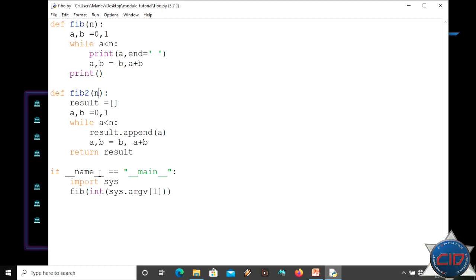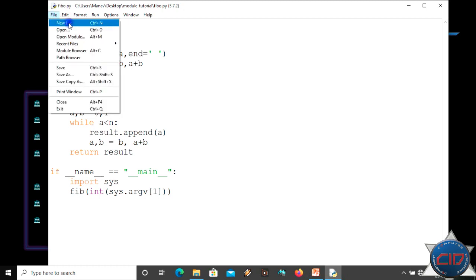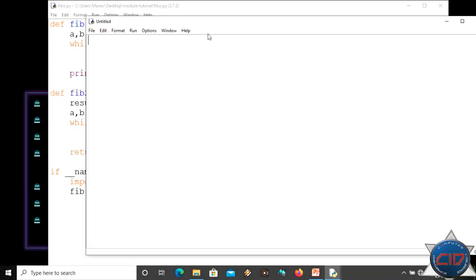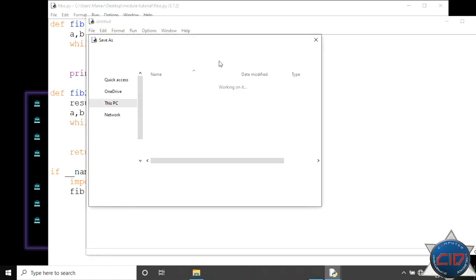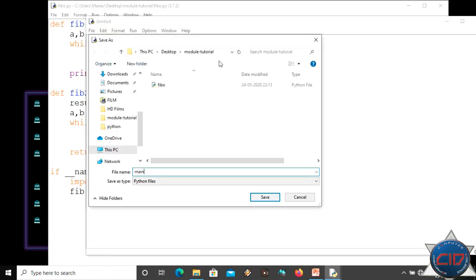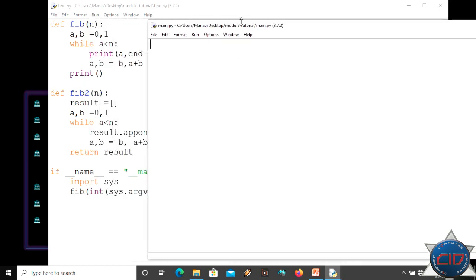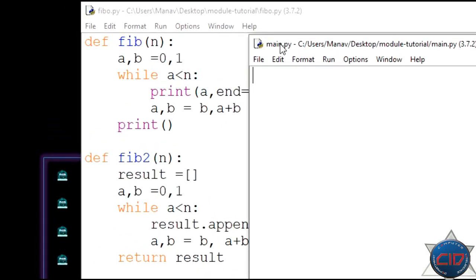So it is called a module, and let me create another file and save it as main. Now under the main.py file I'm going to import that. You will have to ensure where your module is which you are going to import in your current file.